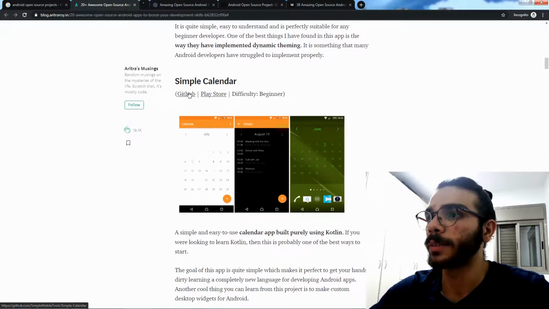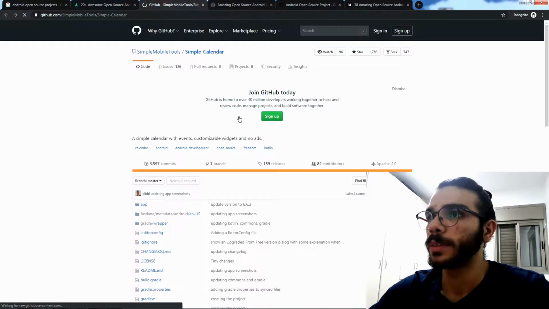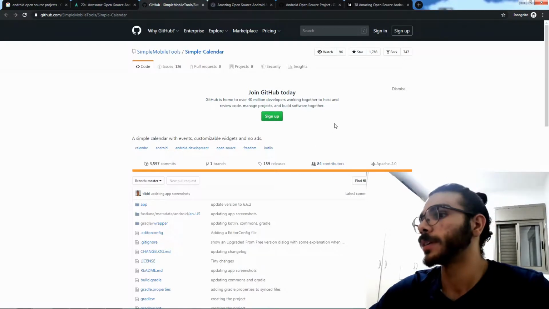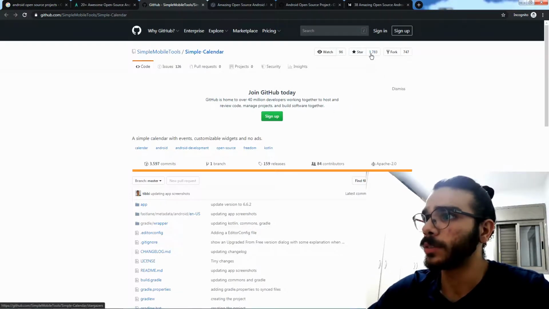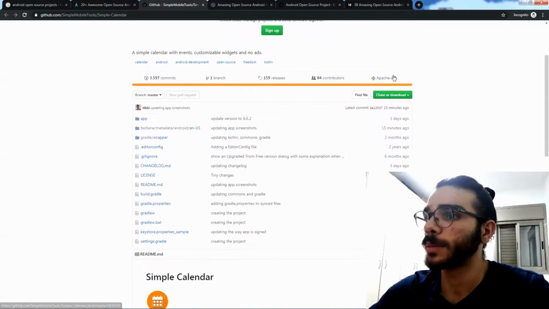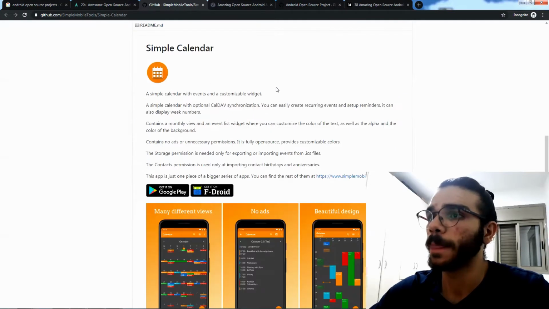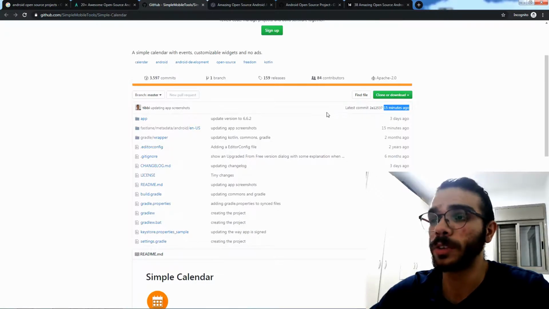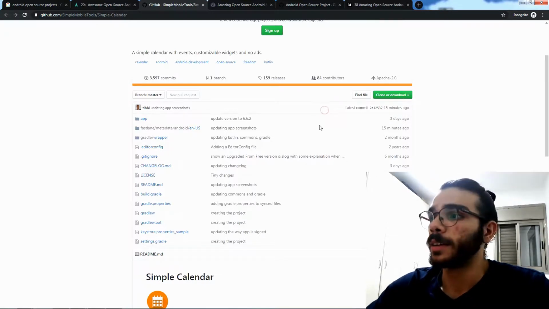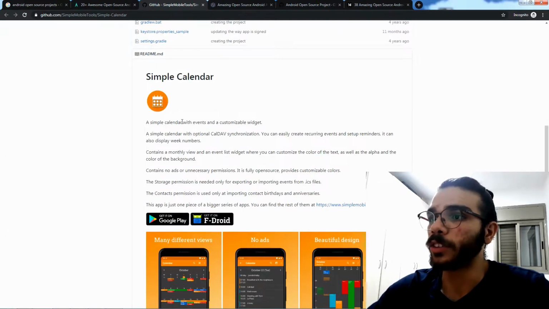Simple calendar. Okay, and they have 84 contributors. I guess it's a large project. 2,000 stars, about 1,000 forks, and let's see. Last commit was 14 minutes ago, which is a good start. Let's dive into the README section. So they have some